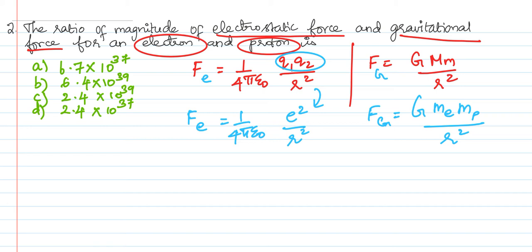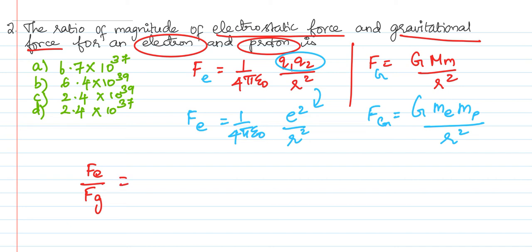Okay, ma'am. So now as per this story, let us go for the ratio work. So what are you going to do for the ratio work? I will tell you in which way you are going to proceed. So it is Fe by Fg. Why am I writing Fe in the numerator? Since it is given clearly the ratio of magnitude of electrostatic force and gravitational force. So I am writing in the format of Fe by Fg. That is equivalent to what?